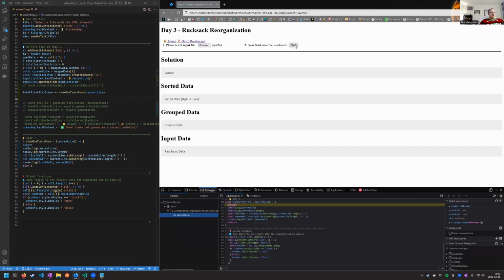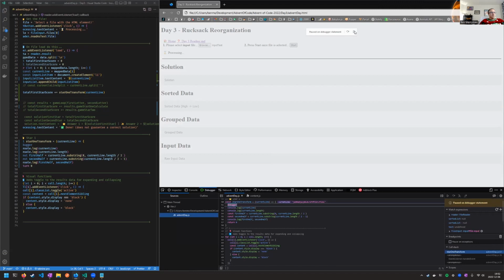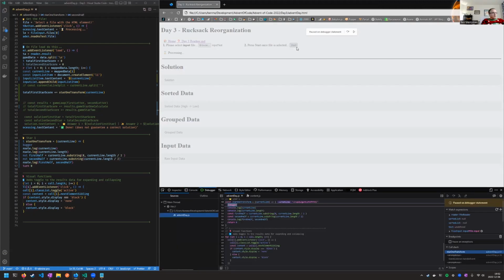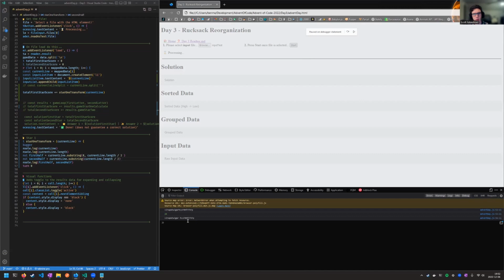So now if I hit my start. Yeah. I feel like this is still uneven. This is grabbing the full of it, but this feels like it's grabbing twice the length. I think it's right with just divided by 2, because if you have a string of length 24, divided by 2, you get 12. So that's going to take up to index 12, which will be the first half. If it's odd, like 23,